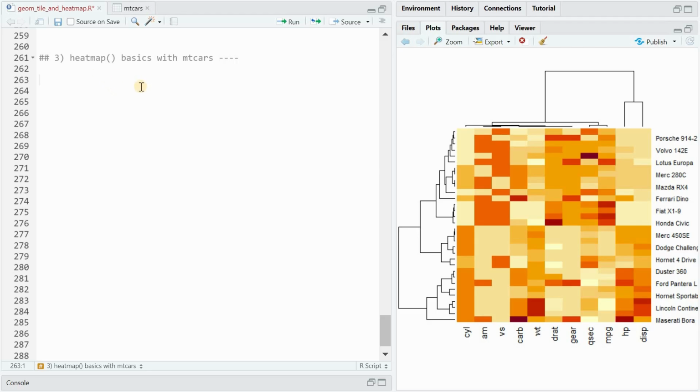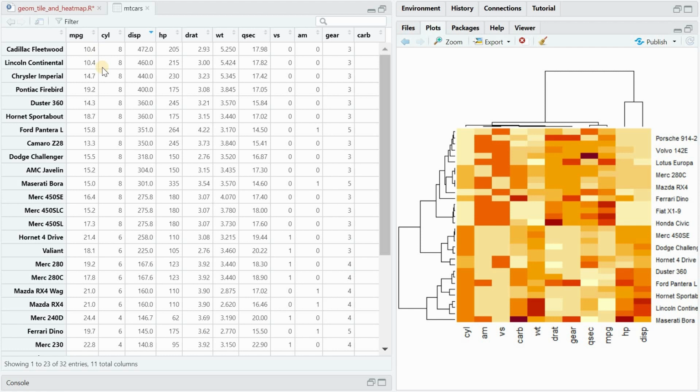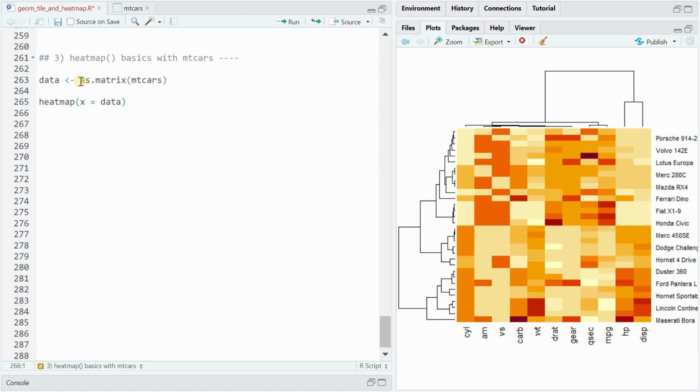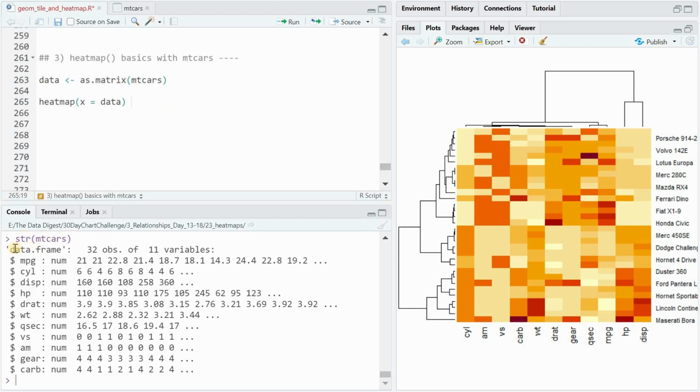Now we will come to the heat map function, which is natively provided by R and has tools to normalize input data, run clustering algorithms, and visualize the results with dendrograms. In order to work, the data needs to be in the format of a matrix, and it needs to only contain numeric values. So the mtcars dataset is currently a data frame with the name of the cars in the rows, so all the columns hold numeric values, but for heat map you first have to transfer it into a matrix. So with str mtcars you see it's a data frame with all numeric columns.